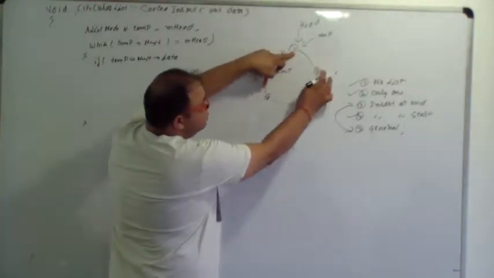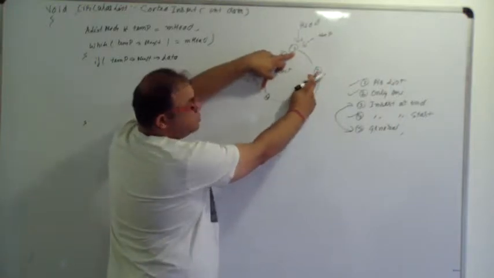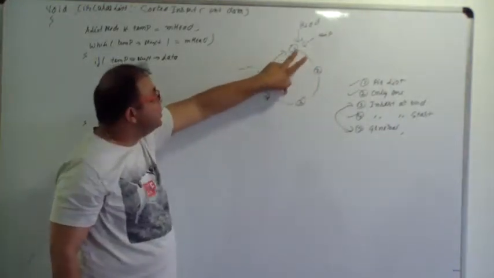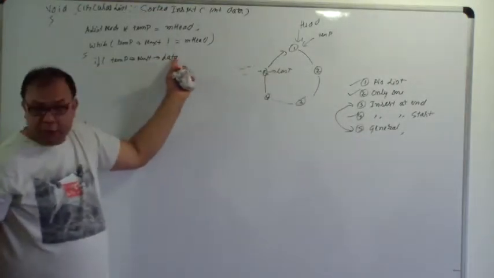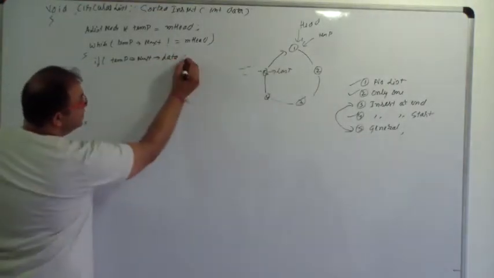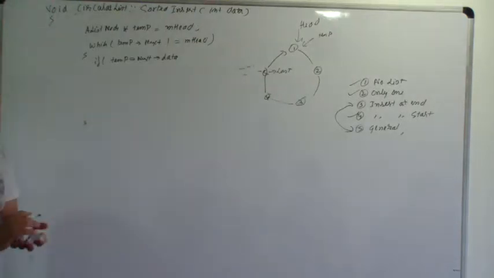So we have to figure out if the new value has to be inserted between these two. So we will compare that if temp is at the head right now, temp arrow next arrow data is bigger, smaller,